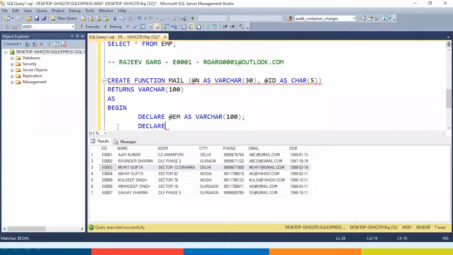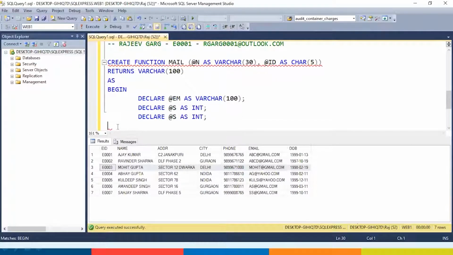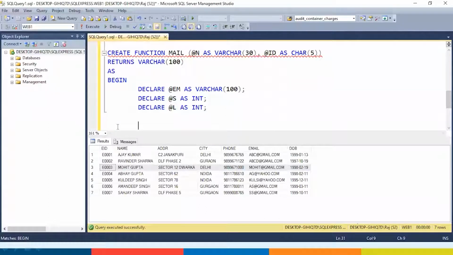declare @s, and declare @l as int. Now I will be using some character functions over here. So I will say set @s is equal to charindex.